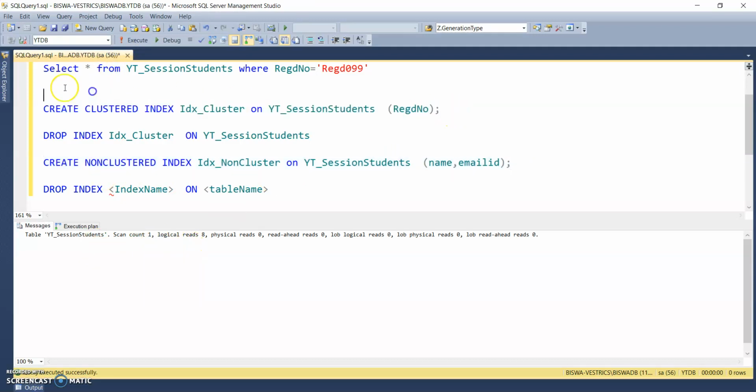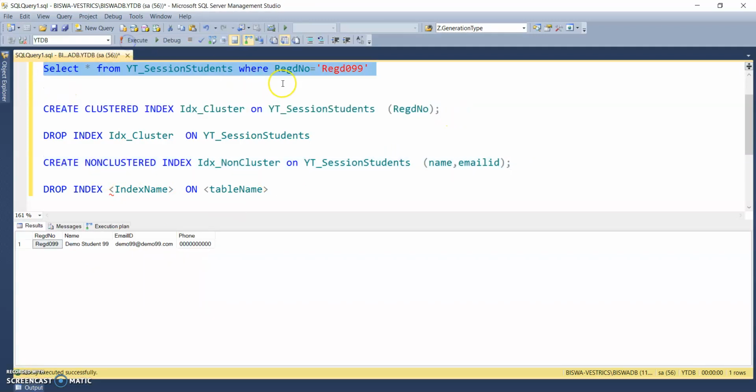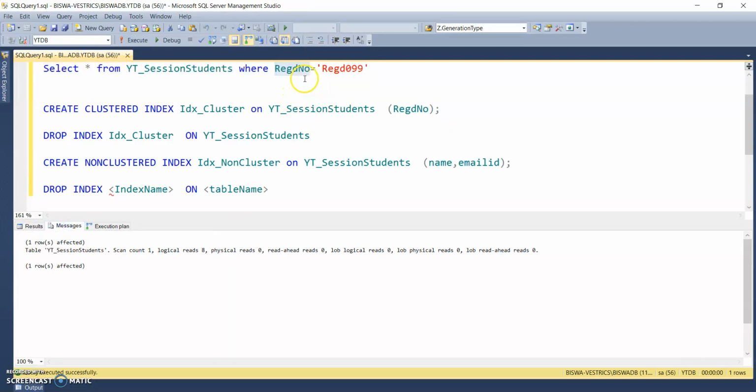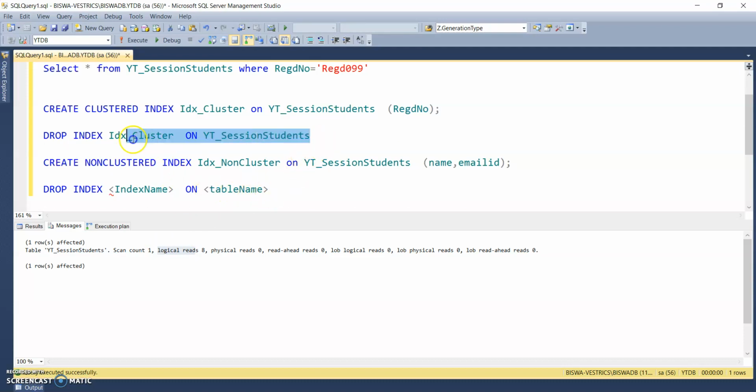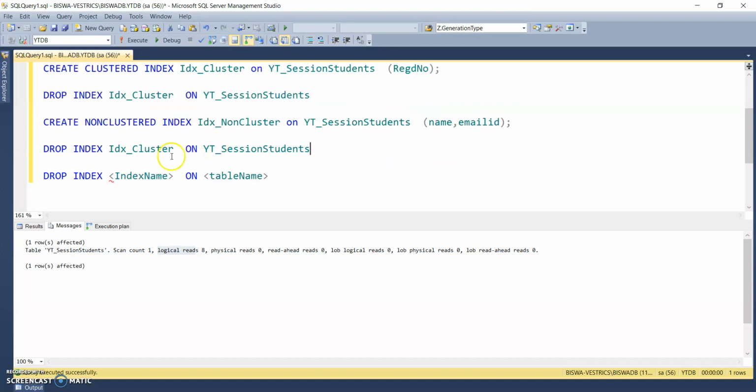Again, see this one. Here we are searching with registration number, but we didn't create any index on registration number. So again logical read is 8. Okay, so we can delete this again. Dropping a clustered and non-clustered index takes the same command, same syntax.